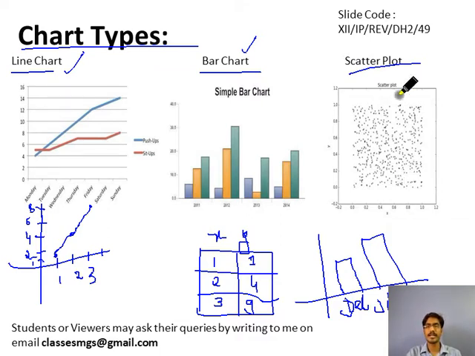Okay, next we have the scatter plot. Scatter plot basically shows the relationship between two data sets. It is basically represented like these dots, multiple dots of different colors, showing the data trends, what the trends in the data are. Okay, so we will see how we can draw these three plots using the Python matplotlib library in the subsequent slides. So let me move ahead.